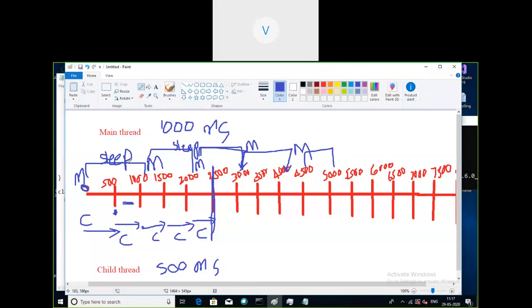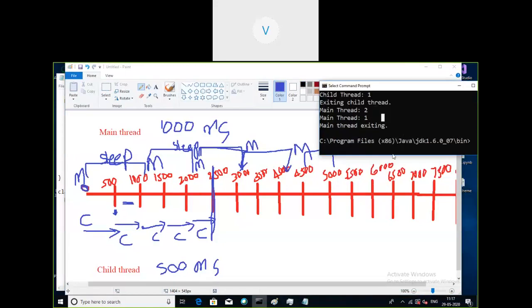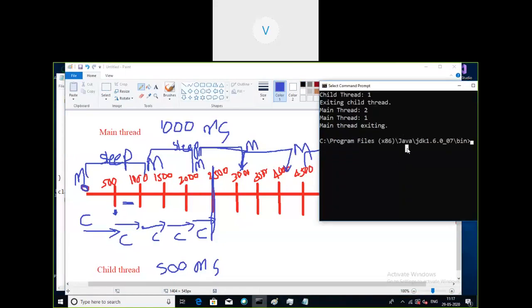So sleep time will decide which particular thread will get the CPU, because when there are two threads executing parallelly, they will share the CPU, and this sleep time will help us to understand. So now you can see parallelly. I'll show the output once again. Based on this order, it is executing main thread, then two instances of the child first, then main.